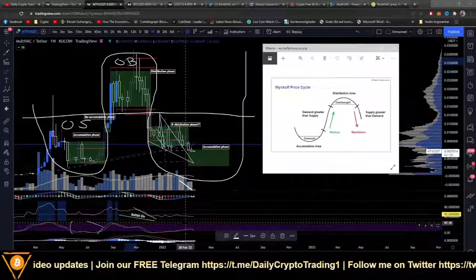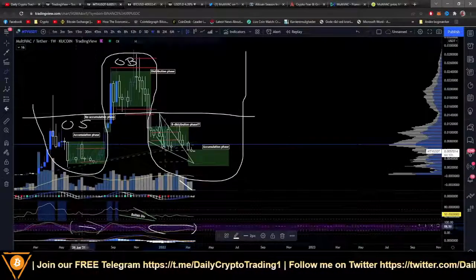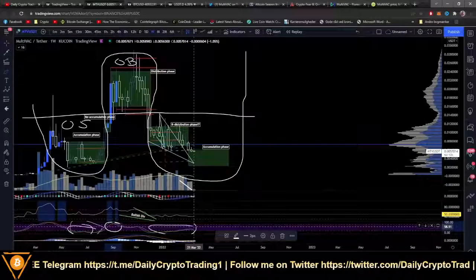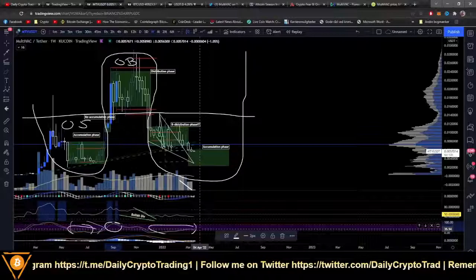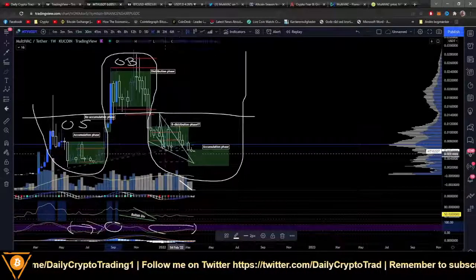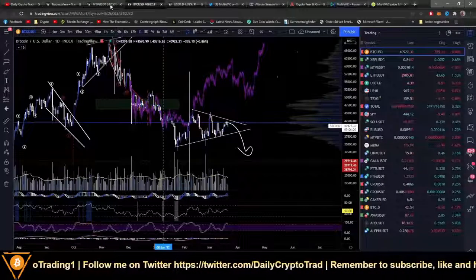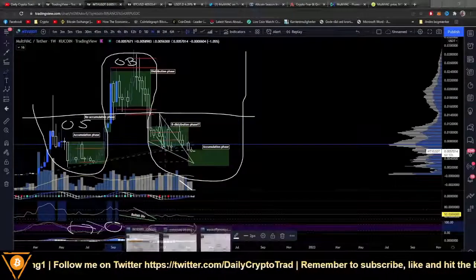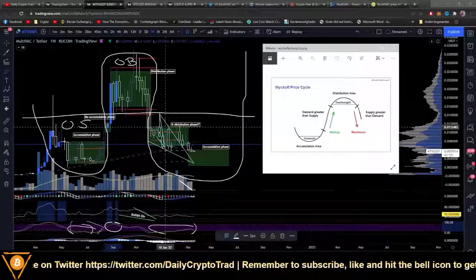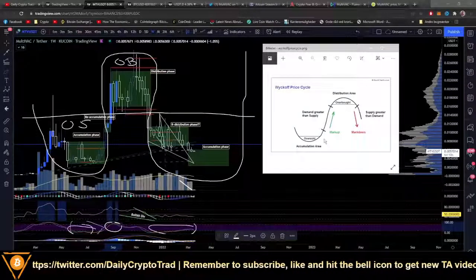Now, I can back this up with something else. Look at the Stoch RSI, oversold. Just look at the Stoch RSI right here, oversold and overbought. I know this is a lot more oversold at the moment, the terms are longer, but that is because MultiVAC, like other altcoins, is correlated with Bitcoin price action. I will be back to that soon enough. So understand that at the moment in the Wyckoff price cycle, we are in the oversold area. We are at the moment building up. Remember, we are building tension to a markup.